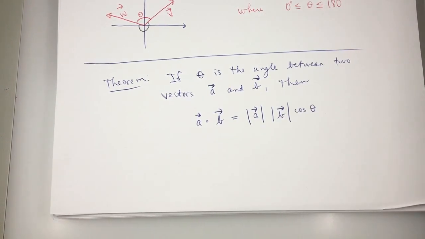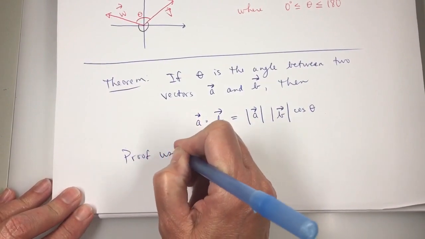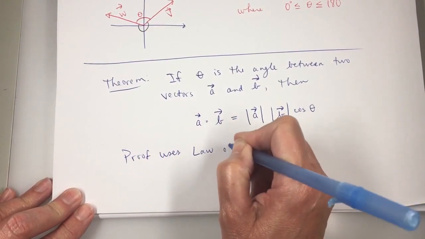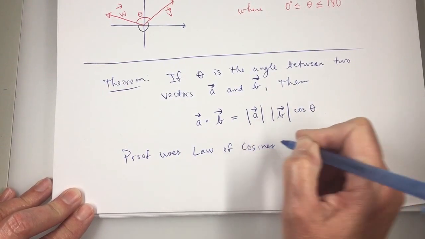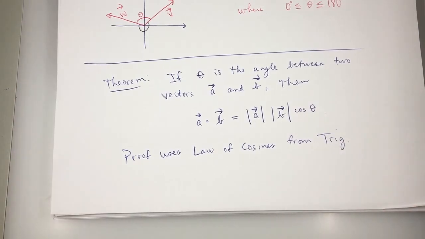They did give the proof of this in your book, and the proof of this uses the law of cosines from trigonometry. And I don't know if you remember that. The proof is in the book, so to see the proof, take a look at the book. But a lot of times